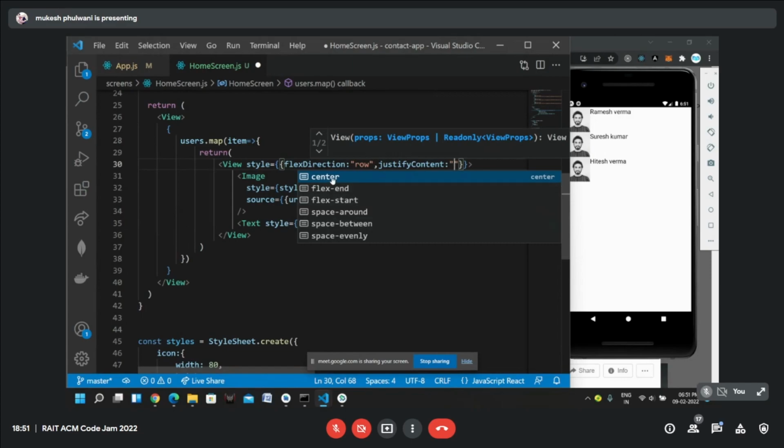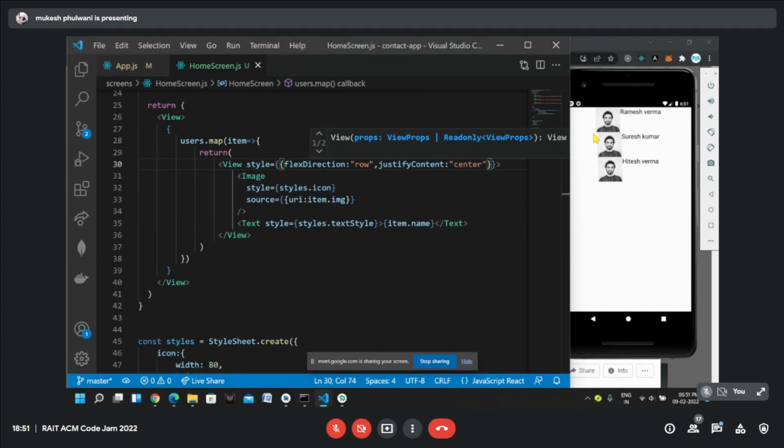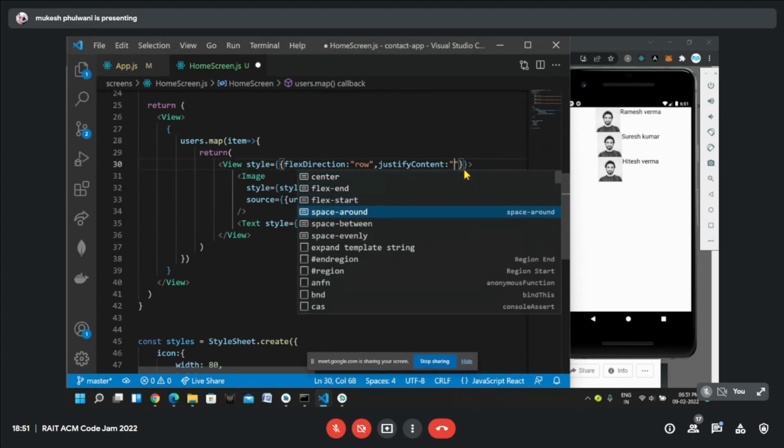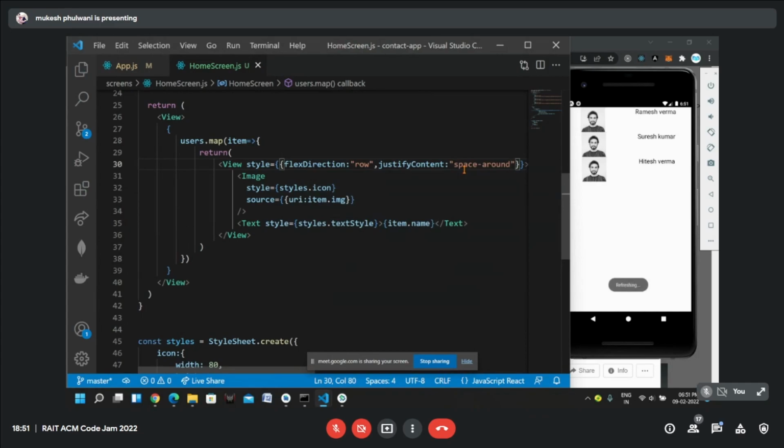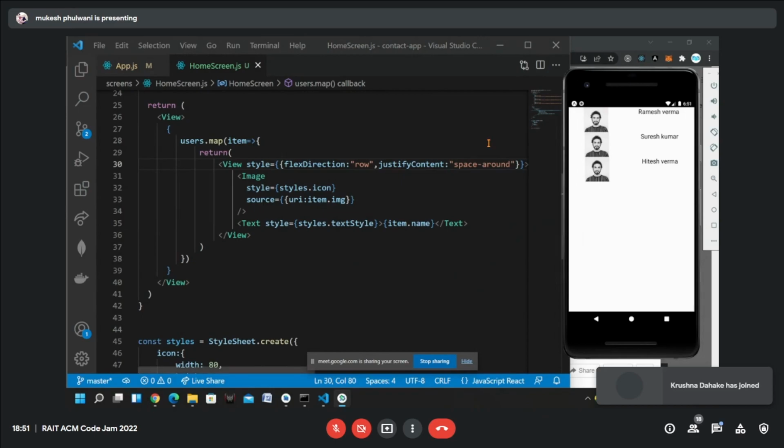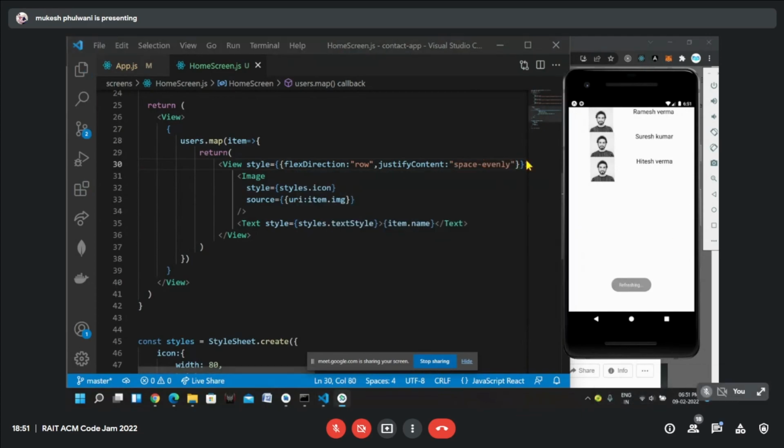We have a couple of options. We have, let's say, center. Let's see what that does. Yeah, it centers the content, you can see, row wise. You can experiment with all the different options we have here. We can maybe give, let's say, space around. Let's see. Okay, it has added spacing. Space evenly, if I can add. So that's how we can use Flexbox to align the content. We will learn more about it later. But for now, let's first write this style below.